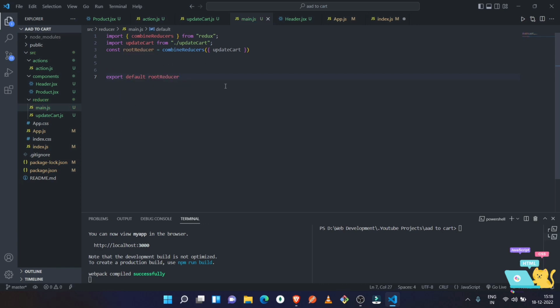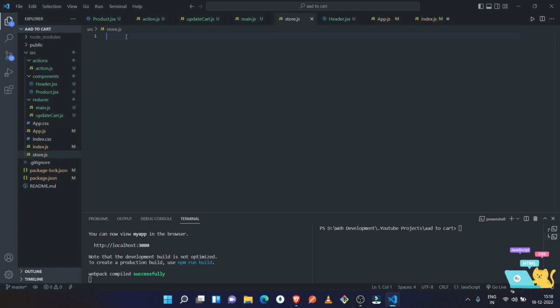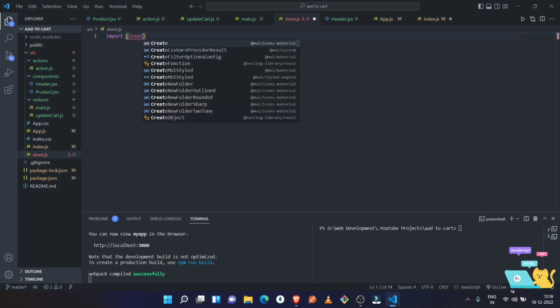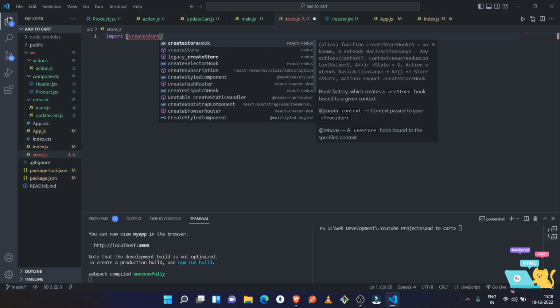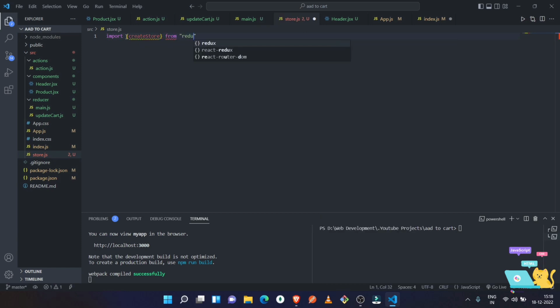So our reducer is done, and now we just need to create our Redux store. So inside the source we just need to create a store, so store.js. So let's import createStore from Redux,